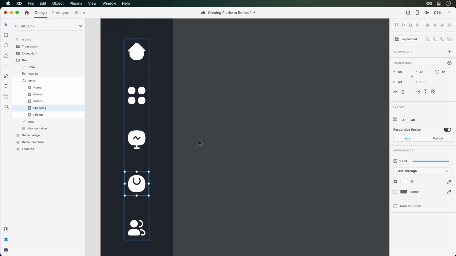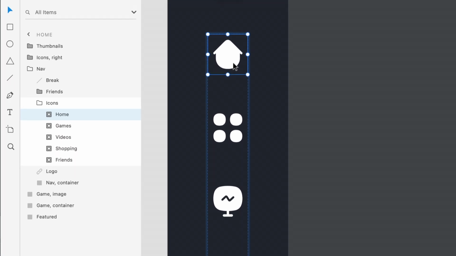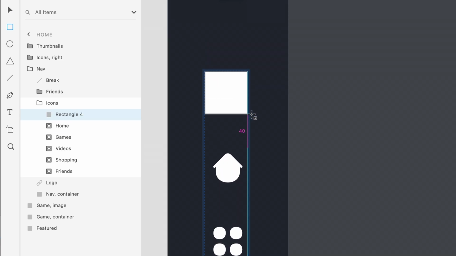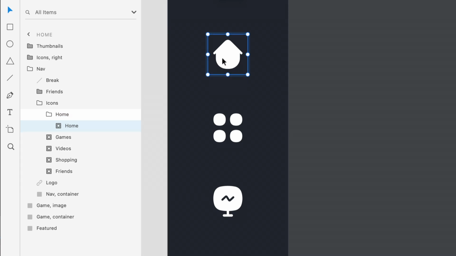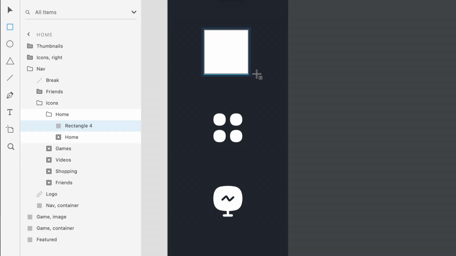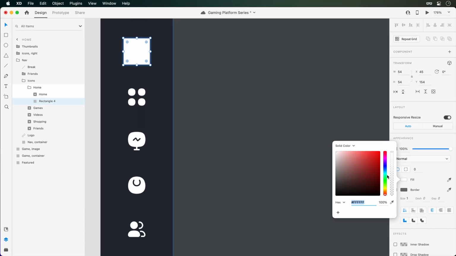Before we move on to the next section, we may also want to include a subtle highlight around the active icon. In this case, Home. Now, if I were to grab the rectangle tool and draw one out in this stack, you might notice that the icons split to make room for the new layer. And this is exactly what should happen, but not what we want to happen. So in this case, we'll want to make sure that the new layer is drawn inside a group along with the associated icon. This will ensure that they're treated as one object inside the overall stack.